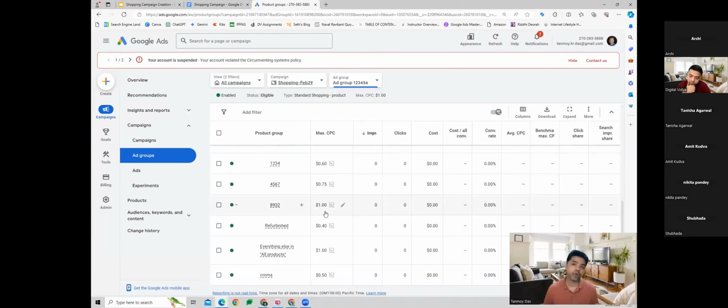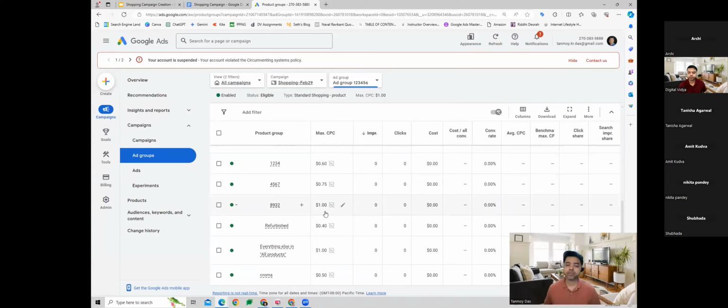Now, I have done this for only 1 brand. I have to do it for the other one as well. And similarly, if you have multiple brands, we'll have to do it one at a time. We can't do this in bulk for all the brands in one go. So that is why shopping campaign maintenance can be a tricky, time consuming, and tedious job.